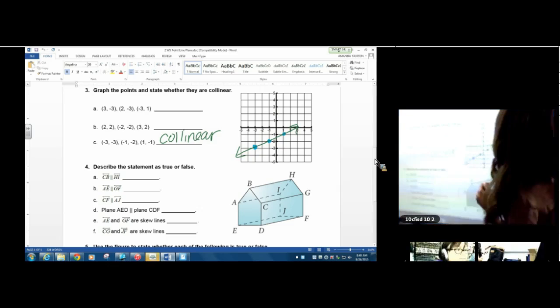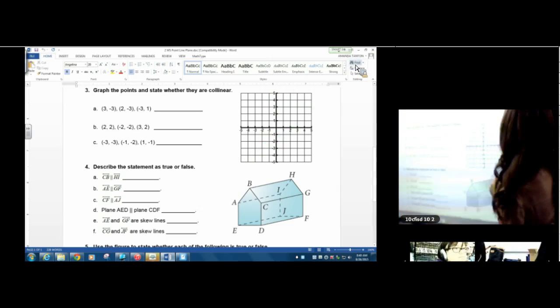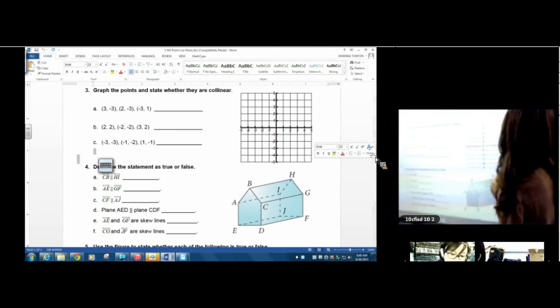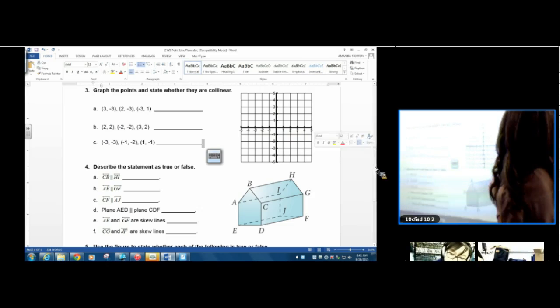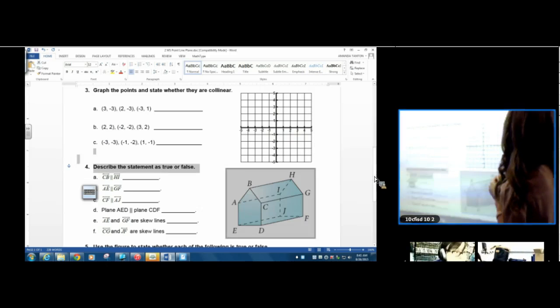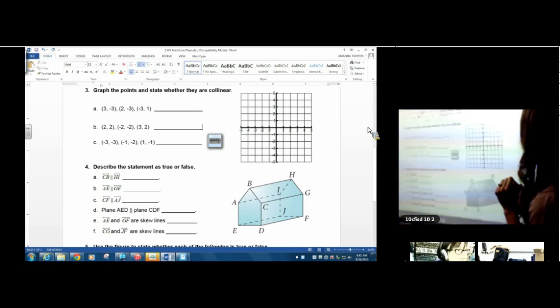All right. 4. 4A. Describe the statement as true or false. Does not want to let me scroll. Okay. CB